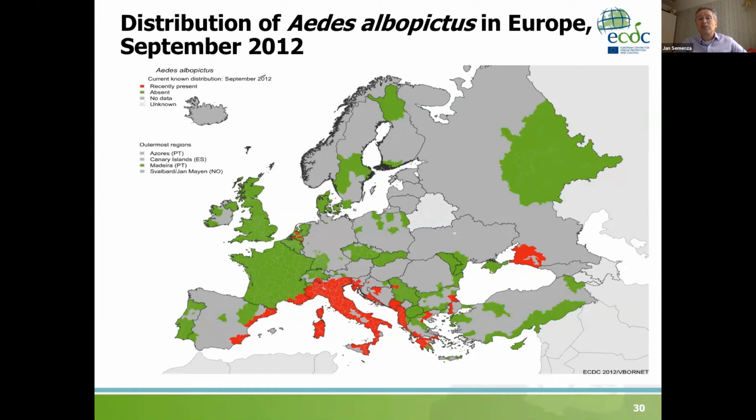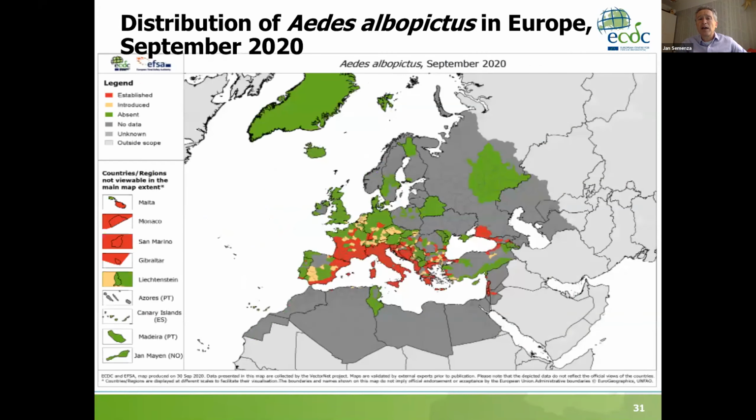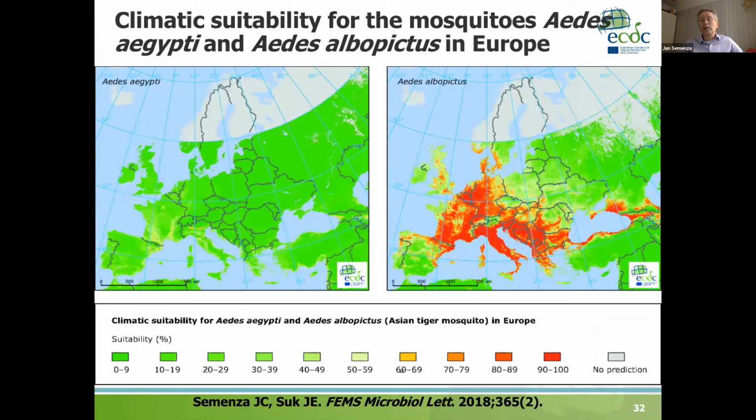greenhouses. So this one is for 2012, and this one is 2020, and you can see here this massive expansion of Aedes albopictus throughout Europe and moving further north, particularly along transportation corridors. It's now also found in Germany and in Switzerland and close to Paris as well. We modeled the